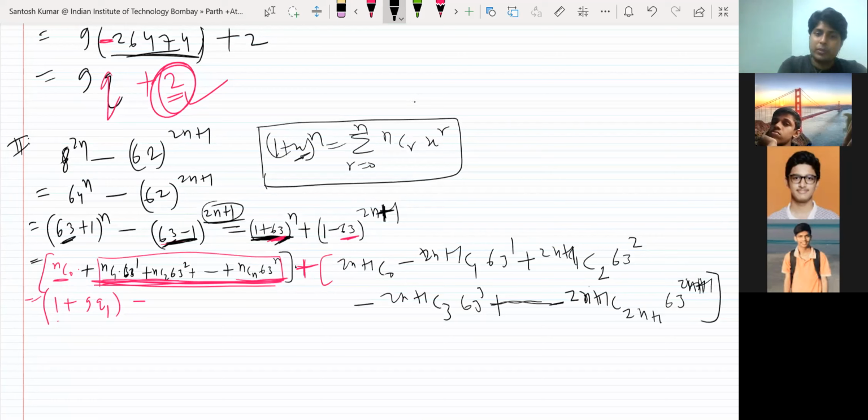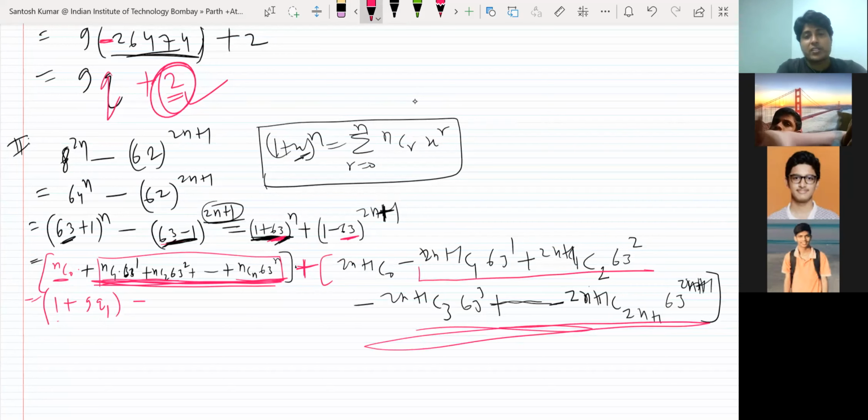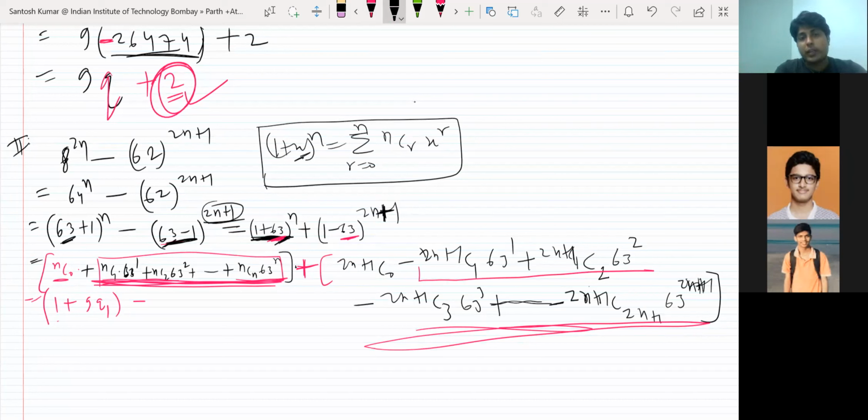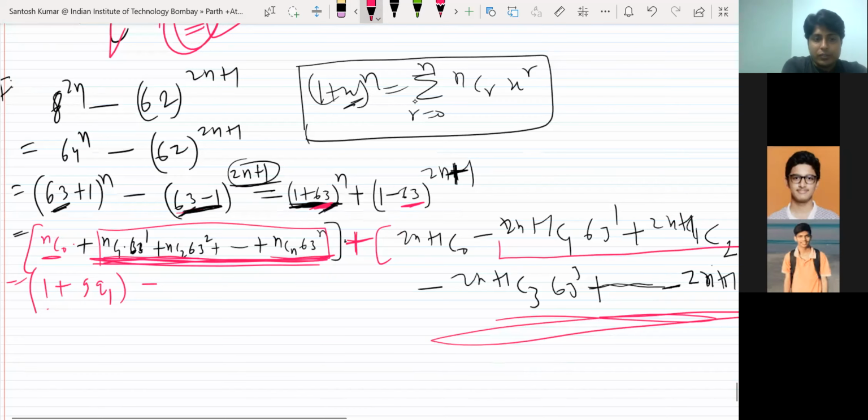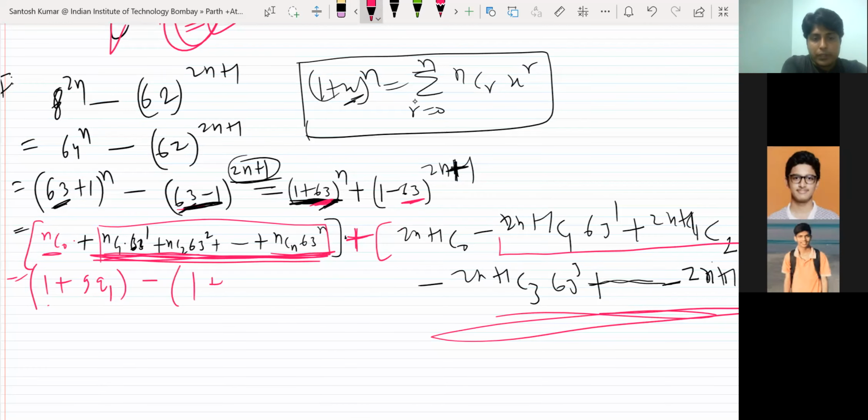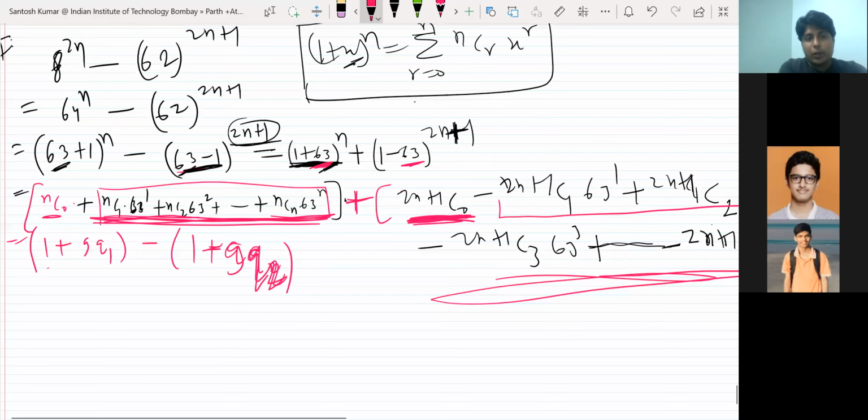So again the same thing. From the second term onward, in every term you can take 63 common. 63 is a multiple of 9. So you can take 9 common in fact. So we are thinking about 9 only because we want to divide by 9. So the second term you have in the similar way is 1 plus 9q2 again. So 1, this is the first term, and 2n plus 1 C0, nc0 is 1. And the rest of the terms will have 9 common. So 9, and whatever is left, we don't care about that. Just we renamed that q2.